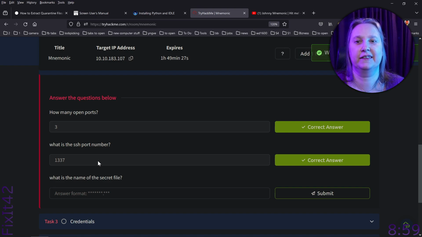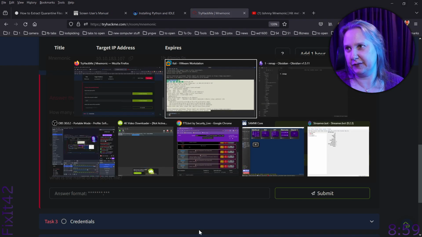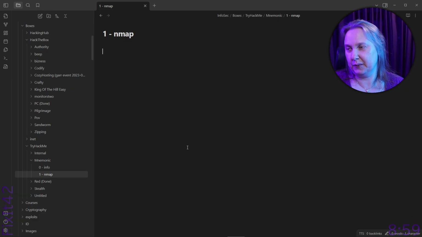We have a hint there. Maybe we have too many hints there, do we? Secret file. Let's read that a bit more later. Let's make the notes first here. So this could be good to have saved.